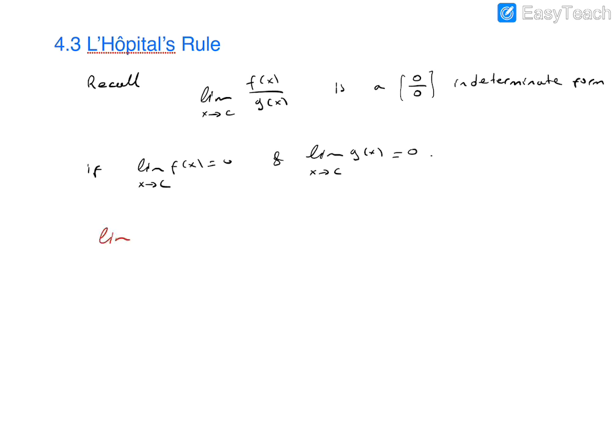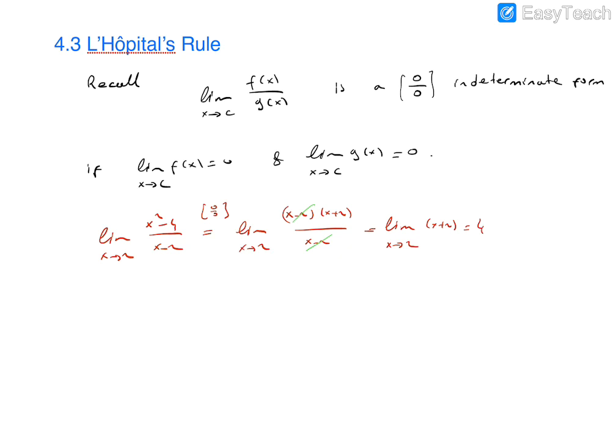For example, x squared minus 4 over x minus 2. When x goes to 2, we have a 0 over 0 indeterminate form. So we know x minus 2 is the common factor here. By cancelling the x minus 2 factors, because x is different than 2, this limit equals the limit of x plus 2 when x goes to 2, which is 4.